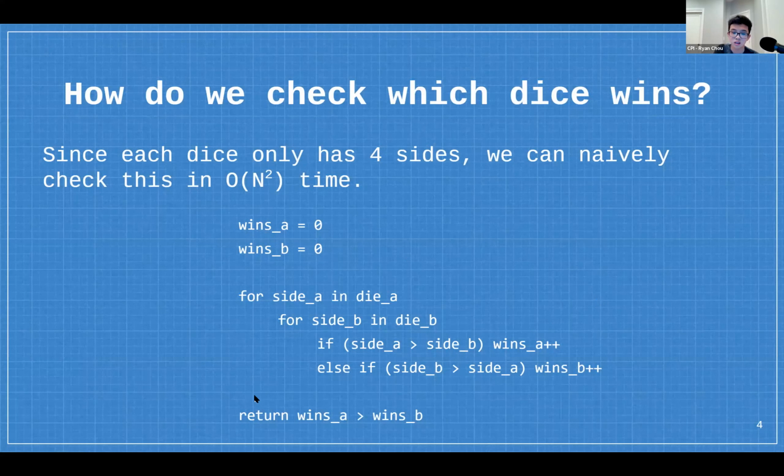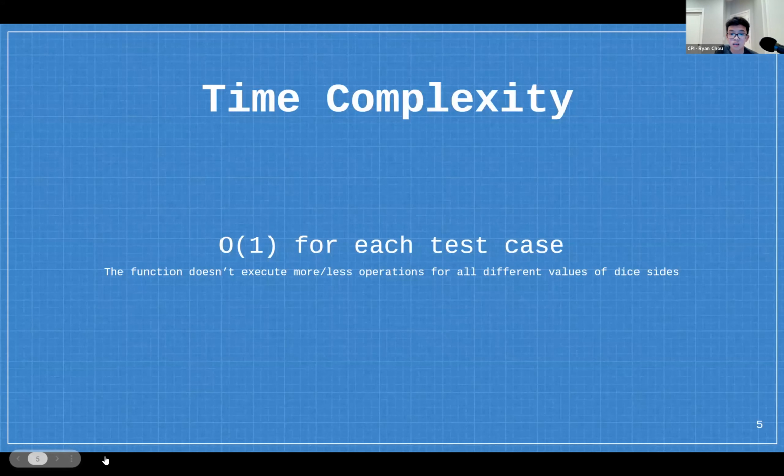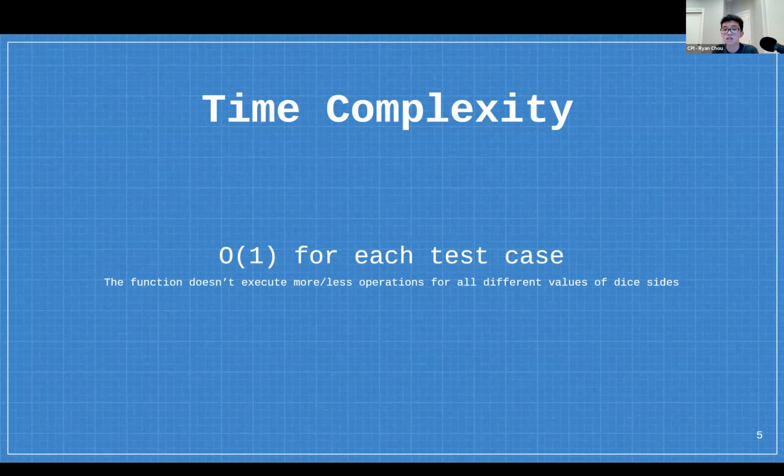Otherwise, B will win. If A beats B, then the number of times that A wins has to be greater than B, so we're just going to return this. Yes, the dice C only has 4 sides. Okay, and then I'm going to go over